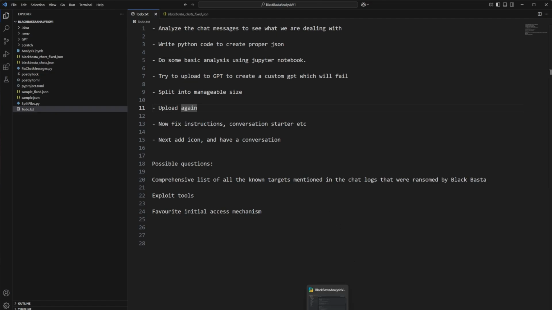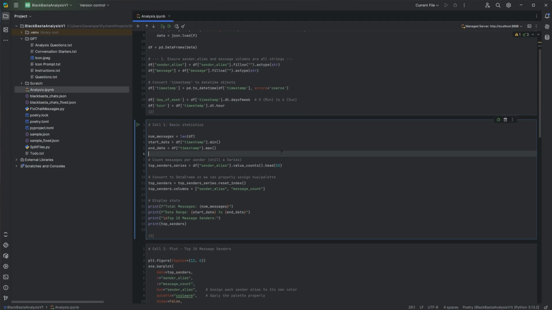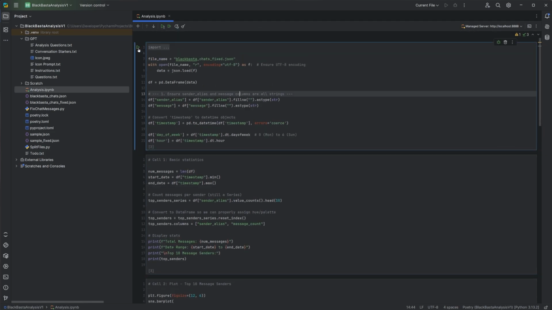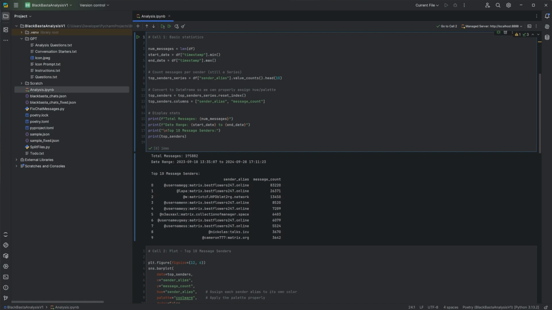I have PyCharm over here, in which I have created a notebook called analysis.ipynb, in which we are loading the JSON file first, and we are going to extract some basic statistics. So let's start with our first block. It is completed. Now let's execute our second block, in which we can see that there are a total number of